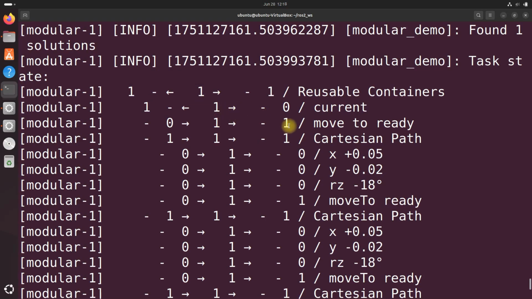And for each stage, we see a pattern. We see different patterns like 0, 1, 1 and 0, 1, 0. So here, for example, the first 0 means no solutions were propagated backwards to this stage. The one in the middle, right here, indicates one solution was found for this stage. And the last number, which is either a 0 or 1, shows whether this solution was propagated forward to the